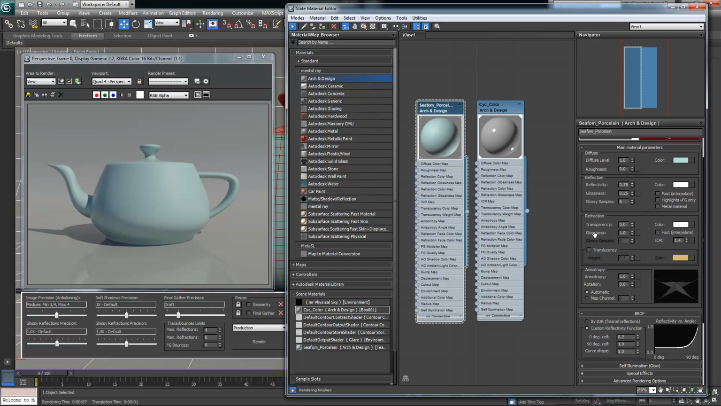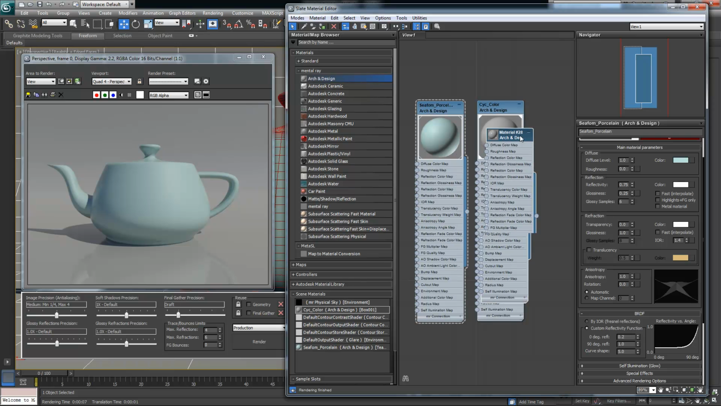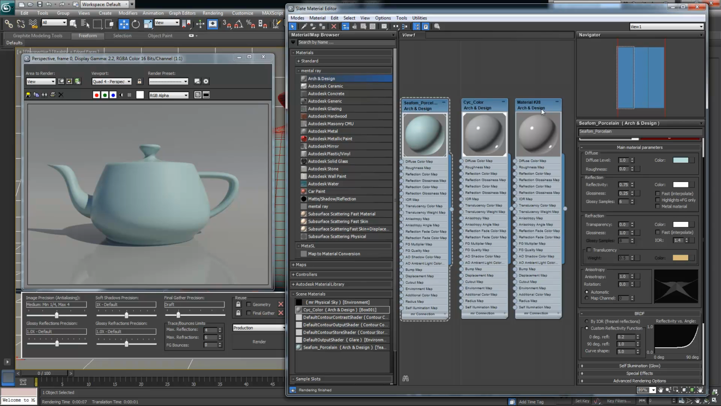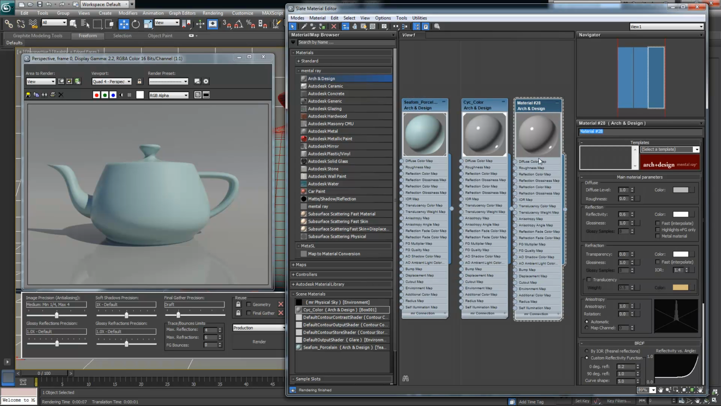We have refraction. Refraction is basically light bending through another object. In the case of glass, glass has refractivity, meaning that it's going to bend the light and make it look distorted as the light passes through the object. So what I'm going to do here is create a new Arc and Design material, and this one I'm going to call glass,